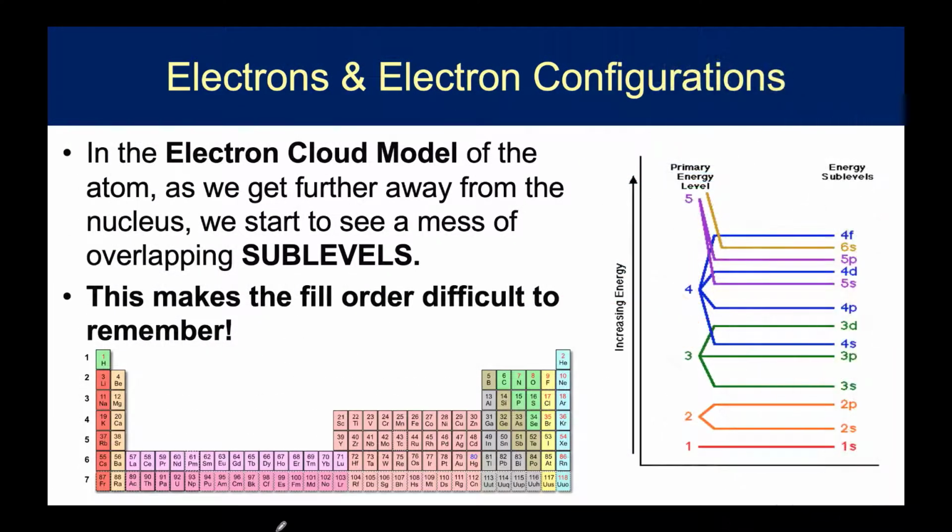So we're going to begin today's lesson with a quick review of what we covered in our last video, where we talked about the fact at the very end that the electron cloud model of the atom has electrons that reside in sublevels that are incredibly tangled as you get further away from the nucleus. And that's going to make the order of filling a little bit difficult to remember when you are writing electron